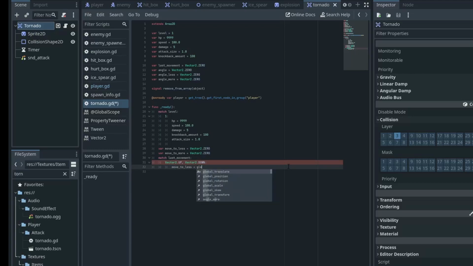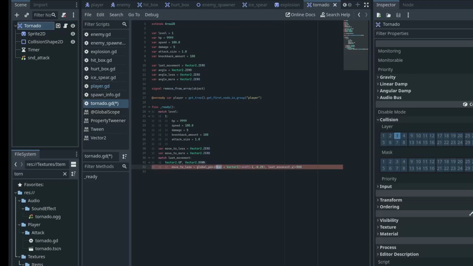And if it is either of those things, we're going to be setting the move_to_less, and this is going to equal the global position plus Vector2. We're going to be then doing a randf_range, f for float, and we're going to be making this -1 to -0.25 for the x value, and we're going to be making the last movement for the y, and then we're going to be multiplying that by 500. And effectively what this does is that we get the position where the tornado spawns at, and then we're going